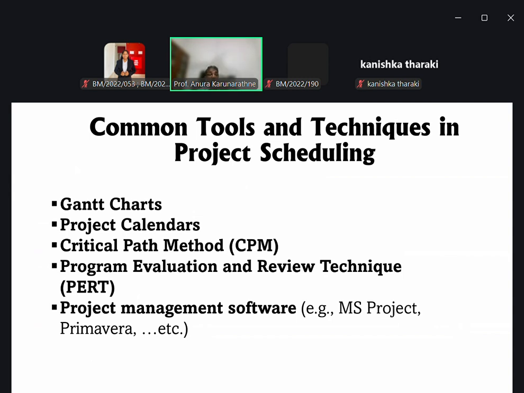However, in addition to that, especially in project management we are going to use the critical path method and also the program evaluation and review technique, that is called PERT, right? Then again we can see project management software as well.